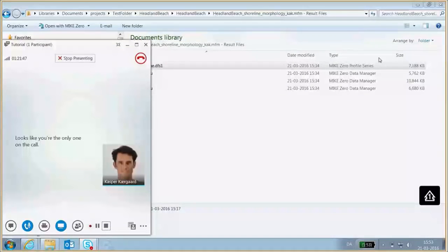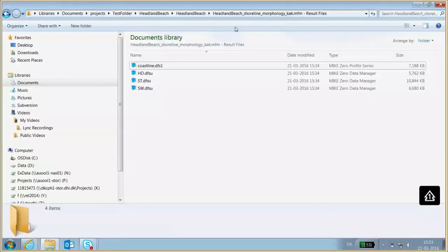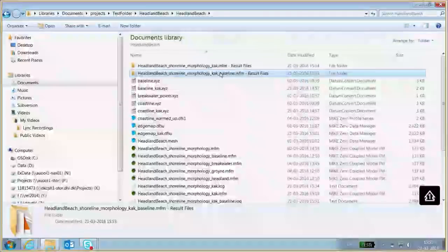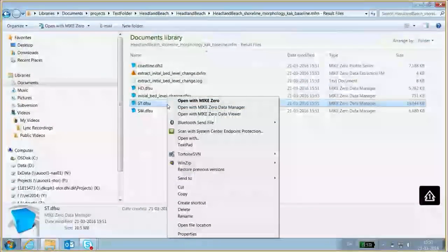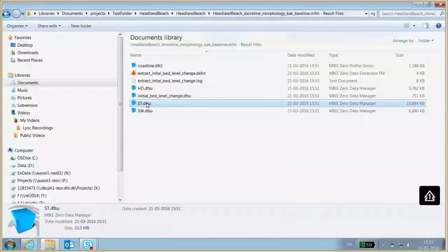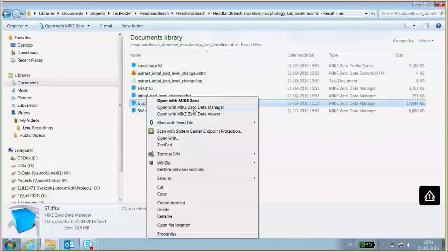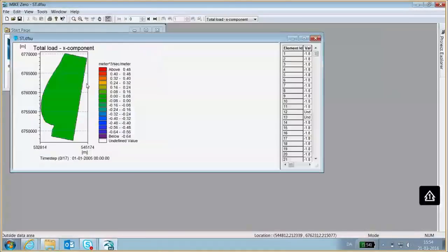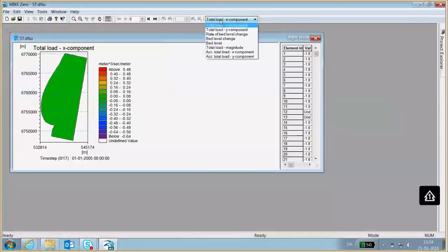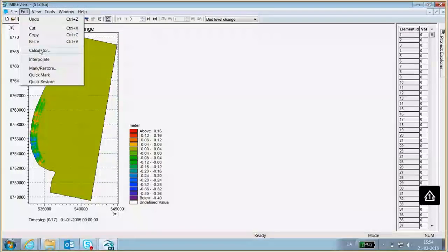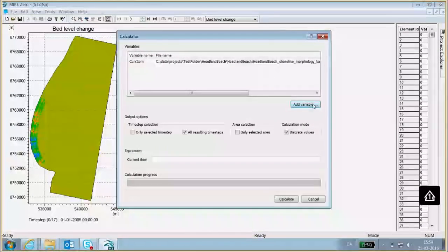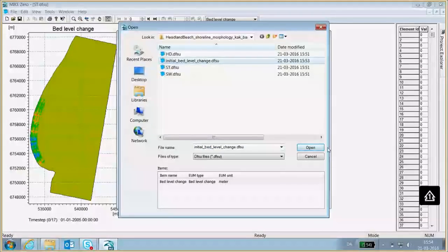And now we can open our sand transport in the data manager. So simply right click on it, open with data manager. And if we then select our bed level change, we can then use the calculator feature here. So edit calculator, add variable, initial bed level change.